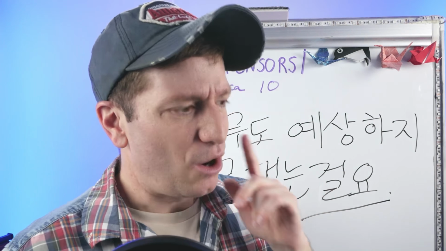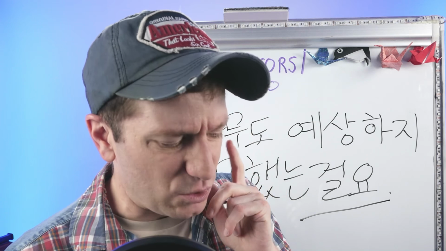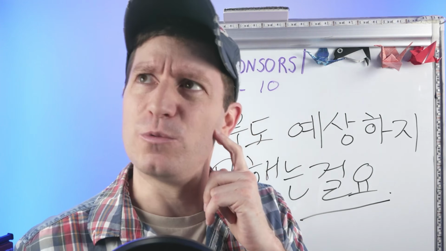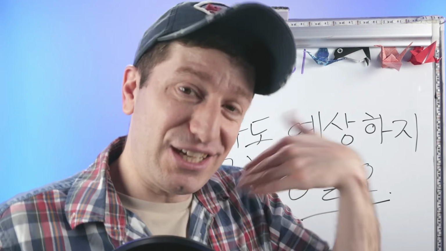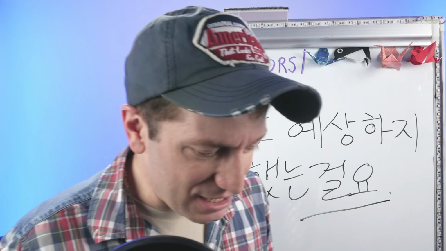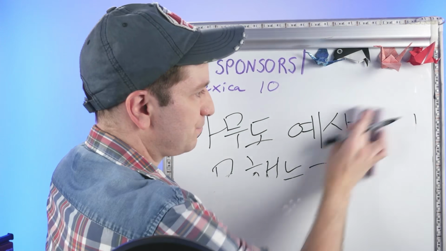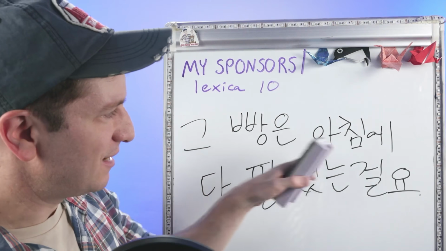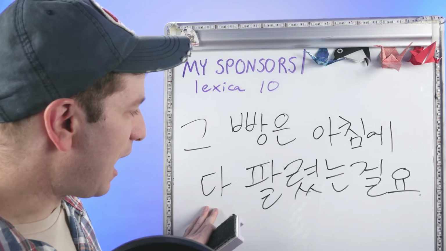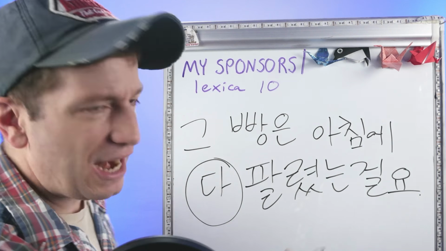You're making an observation about it. You're not saying, I'm sure 아무도 예상하지 못할 걸요. You're not saying, I'm sure no one will expect it. You're saying nobody could expect it. 아무도 예상하지 못했는 걸요. 그 빵은, so that bread, 아침에, in the morning, 다, completely or all, 팔리다 is to